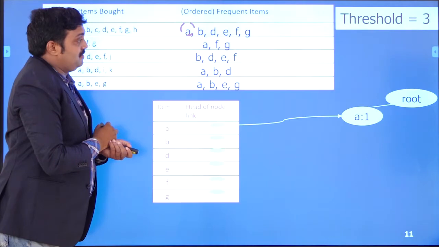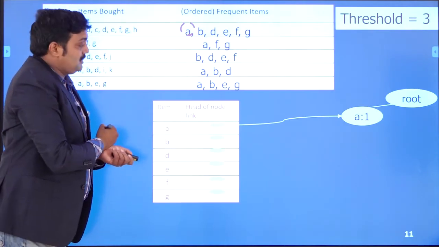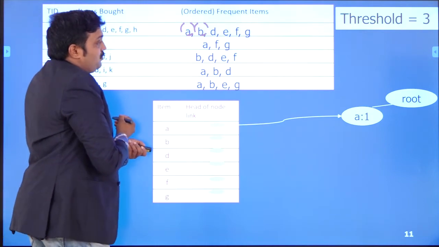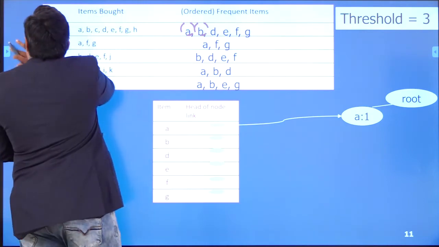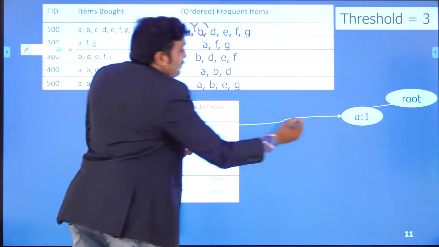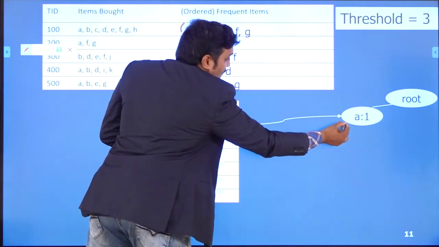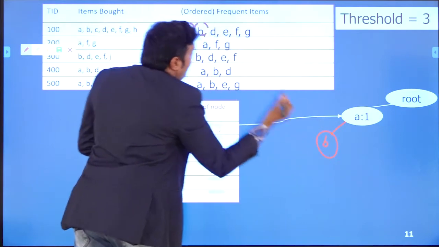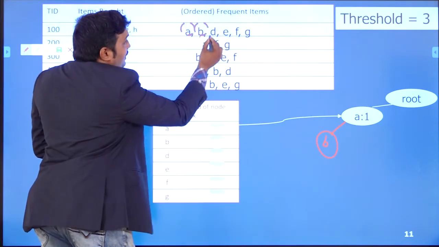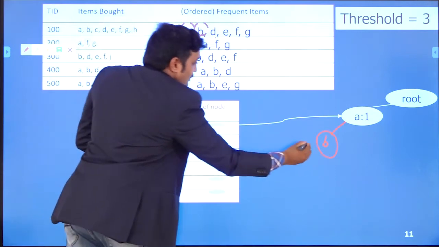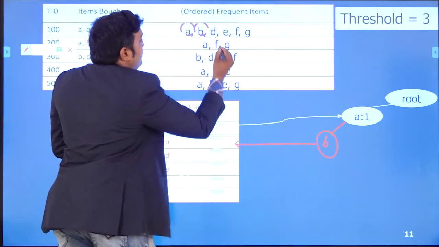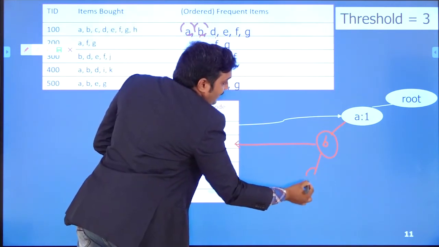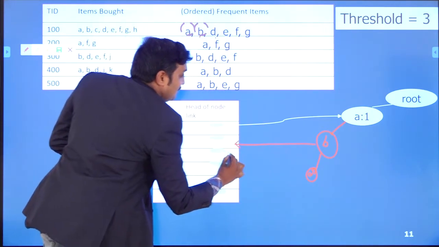First item A, mapping. Then immediately B. I follow the sequence: B after A, B is available, then A, B, and I make a link here. Then D, D is available, I make a link.